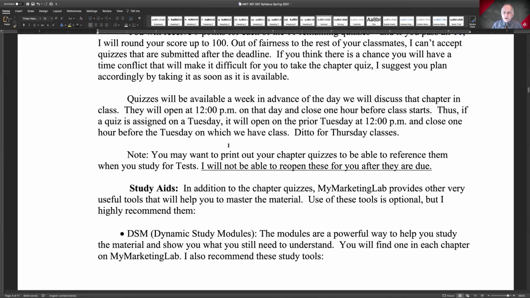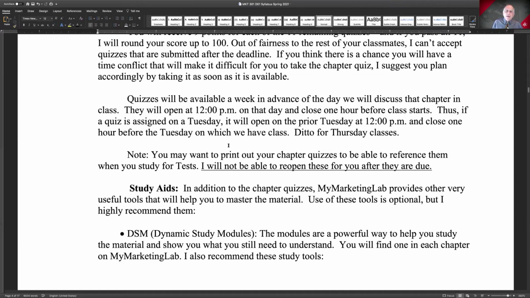Okay, as it says here, the quizzes will open a week in advance of the day we start that chapter. So just make sure to mark on your calendar that a week in advance of, let's say, chapter 4 is what we're covering. Make sure that you take the quiz sometime in that week. The latest you can do it is 1 hour before our class starts. So if you go 10 minutes before class and think you're going to take the quiz, you're going to be disappointed. The quiz will be closed and I won't be able to open it for you.